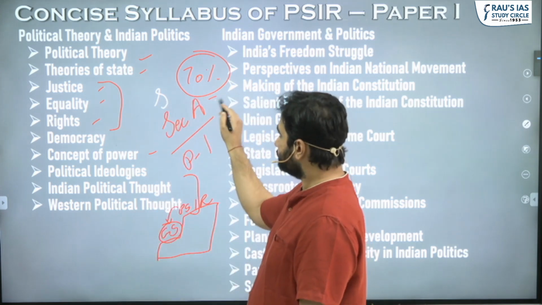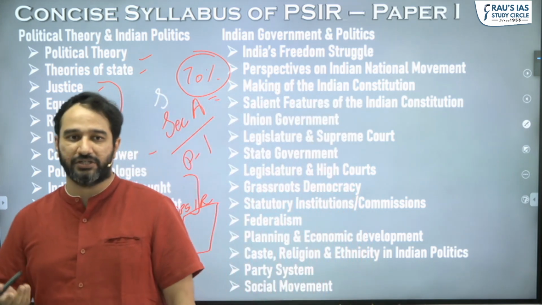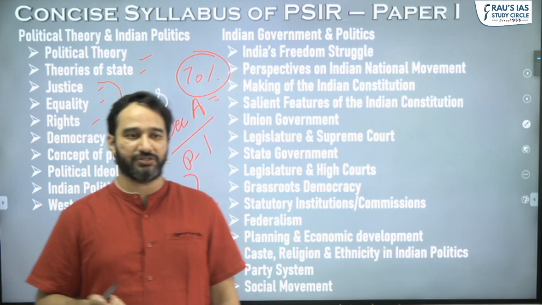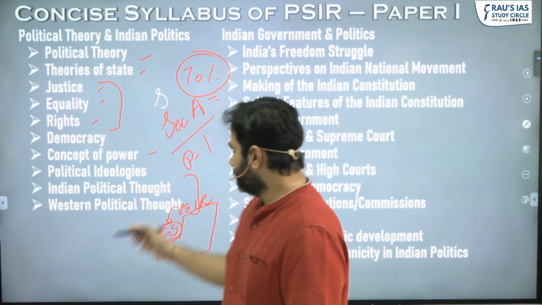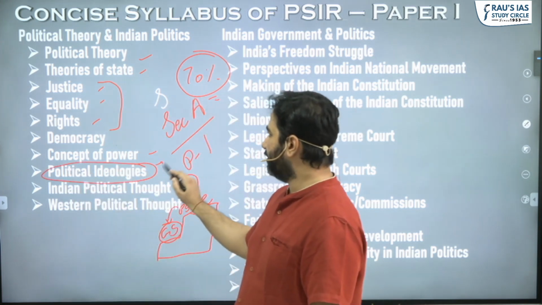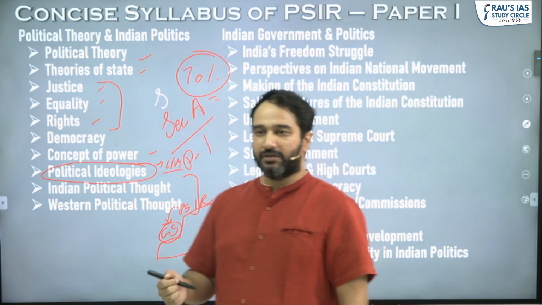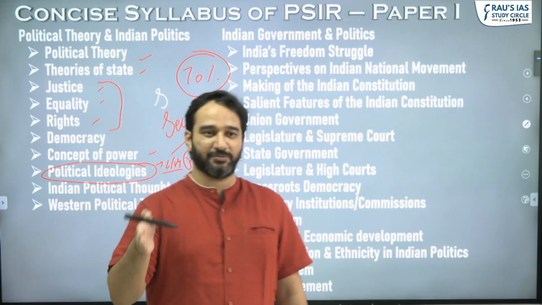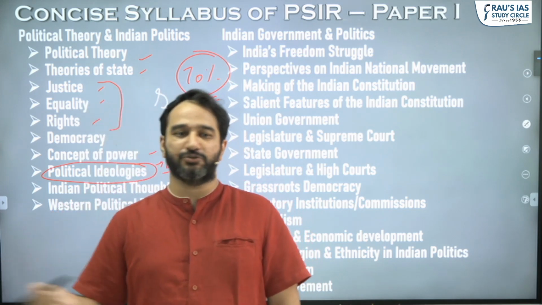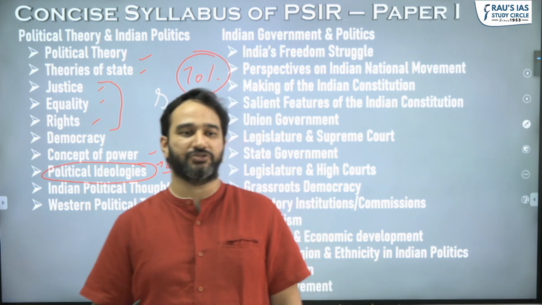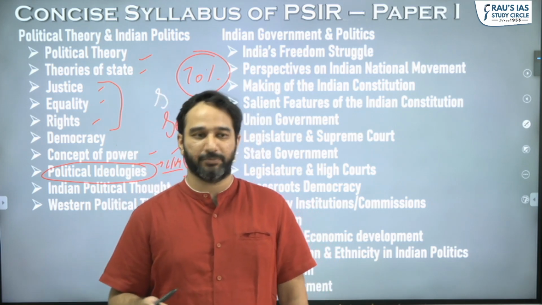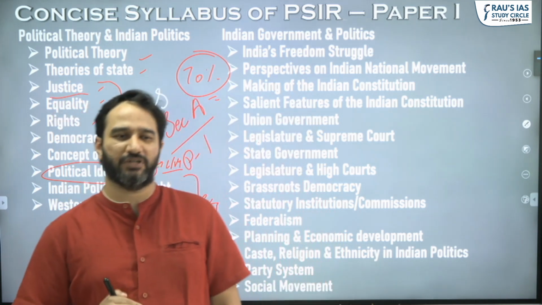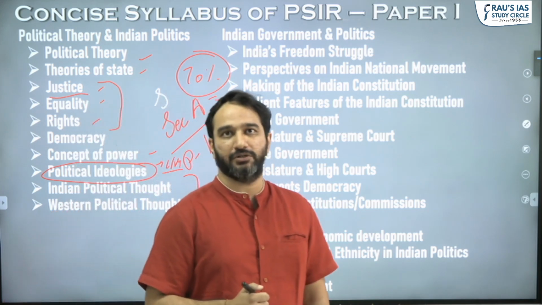It's not just that there is only overlap with polity and IR. There is also overlap with other subjects, including philosophy. If you see here, political ideologies, which include liberalism, Marxism, and others. In GS paper 1, political philosophies are there in your syllabus, which says capitalism, communism. Mahatma Gandhi is also there in GS paper 4. Questions on Rawls's theory of justice have also been asked in paper 4, and that you'll also study in justice. So there is a huge overlap, which we'll talk about going forward in the orientation.